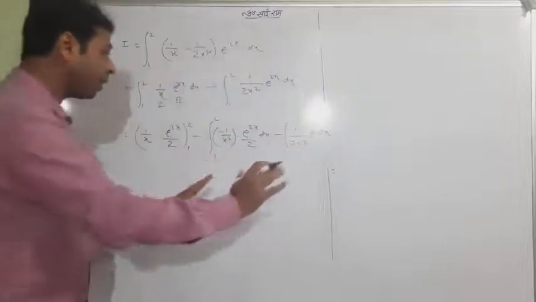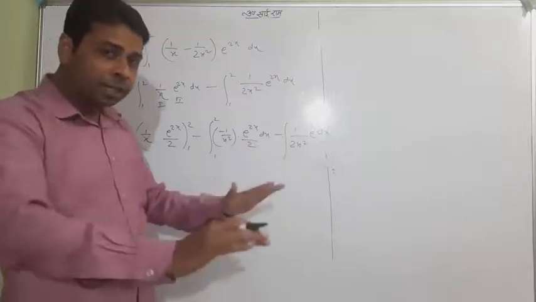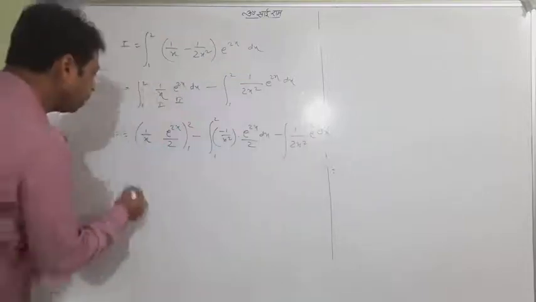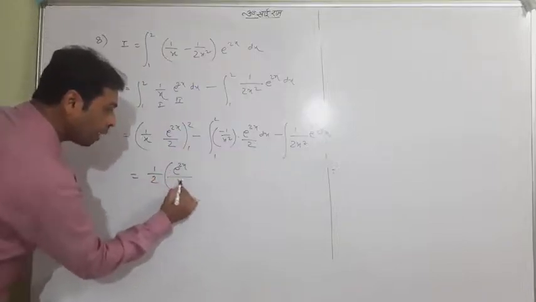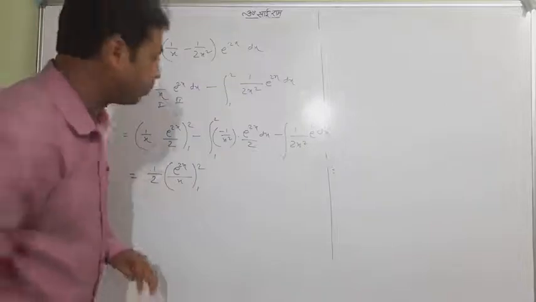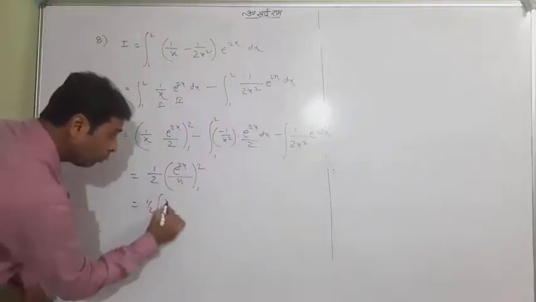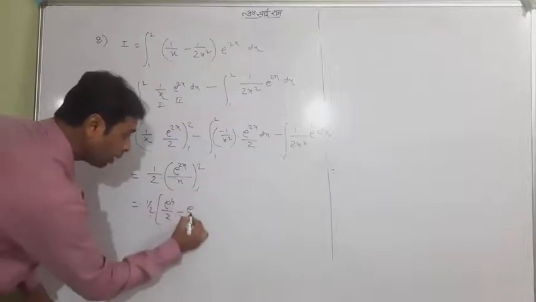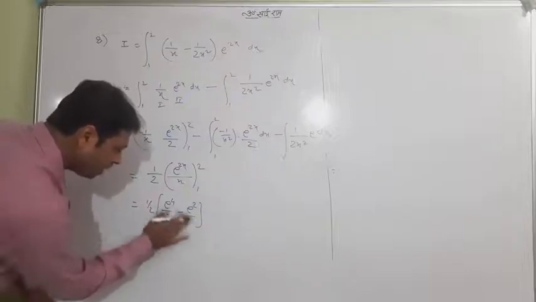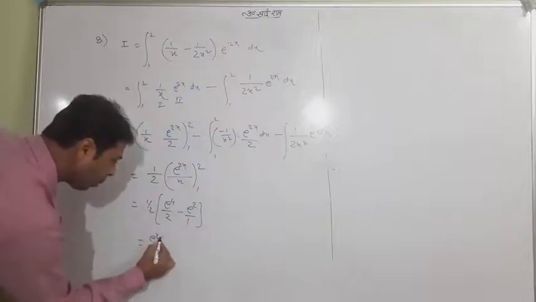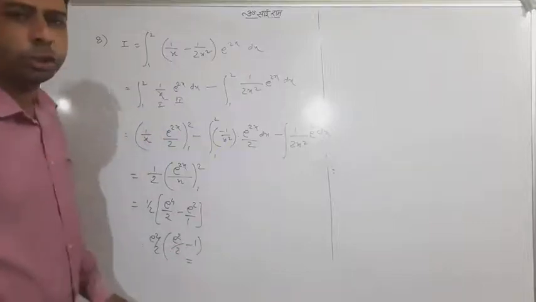Student, let me speak frankly, minus minus is going to be plus. Both terms look very identical, both will completely cancel, and the answer is only 1 by 2 e to the power 2x upon x, with the limit. These two will be cancelled. So you use the limit here, upper limit e to the power 4 upon 2, lower limit e to the power 2 upon 1, and this is going to be your answer. You can take out e square common from your side, e square upon 2 times (e square upon 2 minus 1), and this is a good finishing of the question.